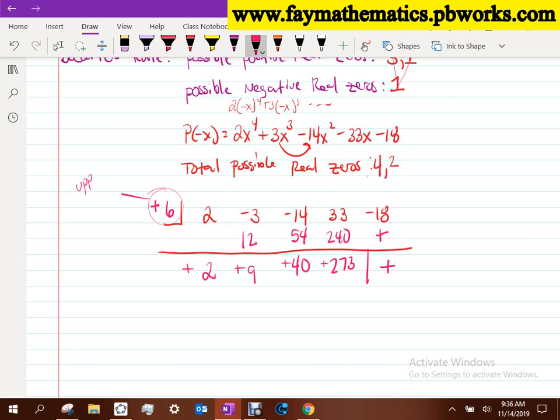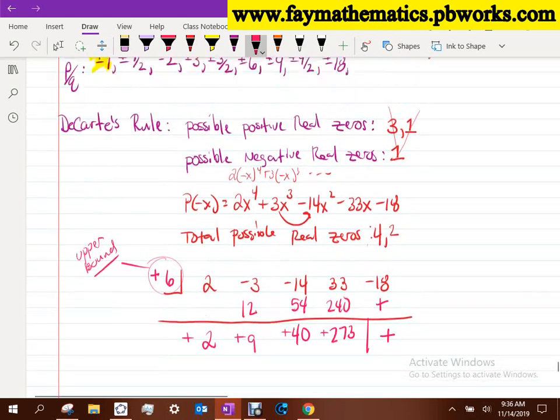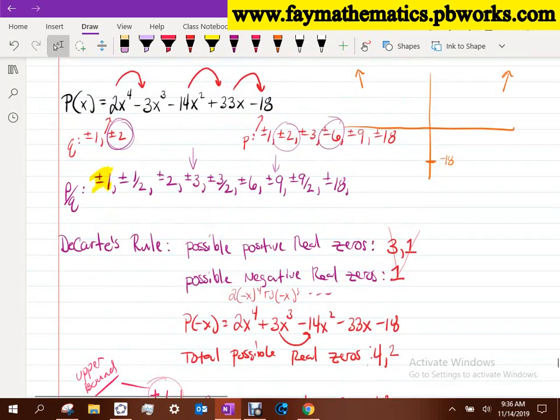It's an upper bound. Meaning that when I go back up to my list, positive 9 just got kicked out. Okay? Positive 18 just got kicked out. That make sense? Okay. I would argue maybe that if you would have tried, so we tried 3 and it didn't give me an upper bound,